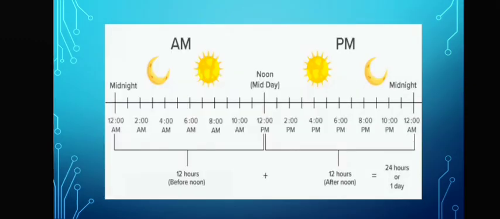And see, in a day there are 24 hours. Every day has 12 hours before noon and 12 hours after noon. See, it starts from night 12 a.m. till afternoon it becomes 12 p.m. From a.m. to p.m., from night to morning, 12 noon afternoon, and from afternoon again to night, and every day has 24 hours.